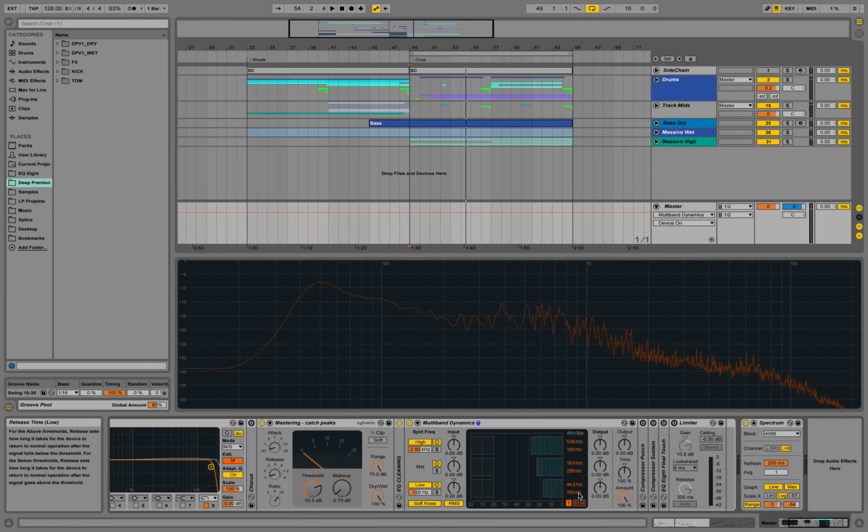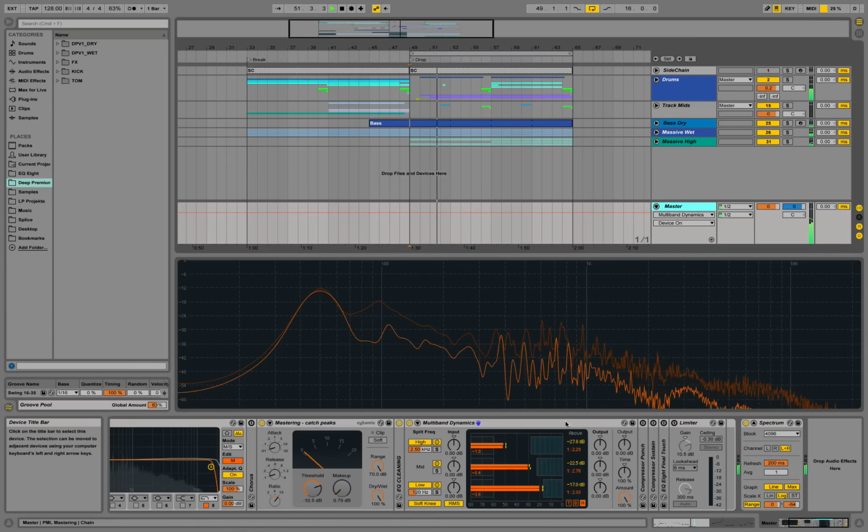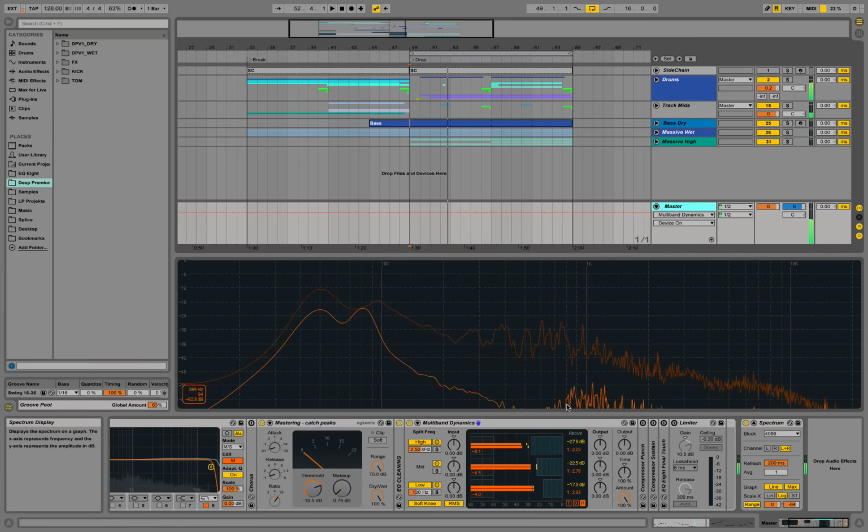This one is now adjusted with the thresholds and with the ratios per track at hand over here. Those settings could be different in other tracks, of course. Very individual